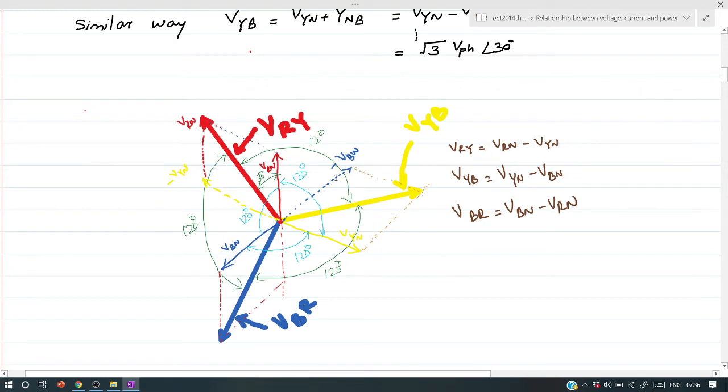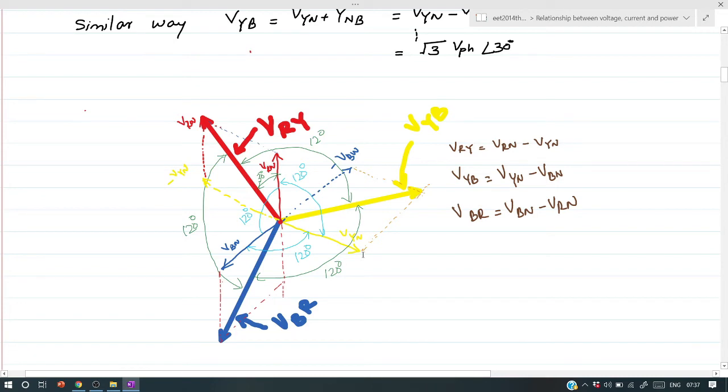When we are considering these phase voltages, first of all, we need to draw VRN, VYN and VBN, which are mutually phase displaced by 120 degree each other. Under balanced condition, the magnitude of these phases are equal. Then, in order to develop this phasor, that is VRY phasor, which is the sum of VRN minus of this one, that is minus of VYN. What is VYN? VYN is this one. So the phasor sum of VRN and minus VYN gives VRY phasor.